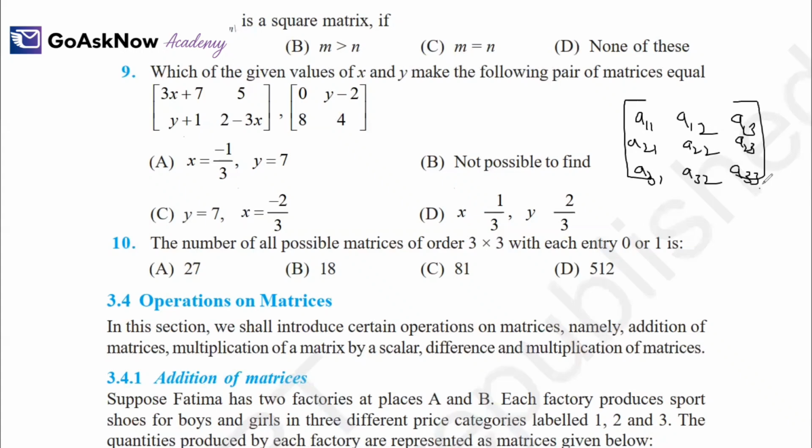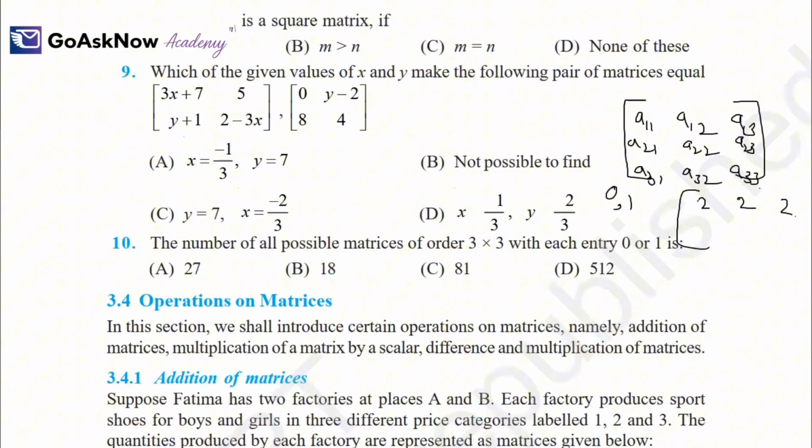So how to do this question? You can just do it by permutations also, and try to fix the values of 0 or 1 here. So yeah, let's do it and find out the values. So if you have 0 and 1, what are the possible values to fill the first position? 2, then second position 2, and third position 2. So here you have a total of 9 positions and you have 2 possible choices for each position.